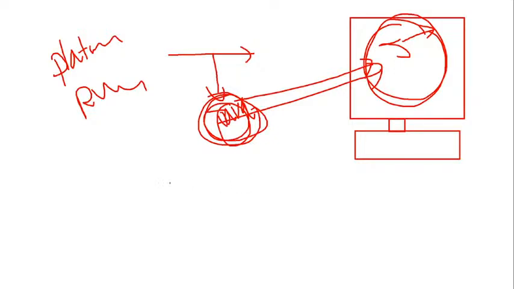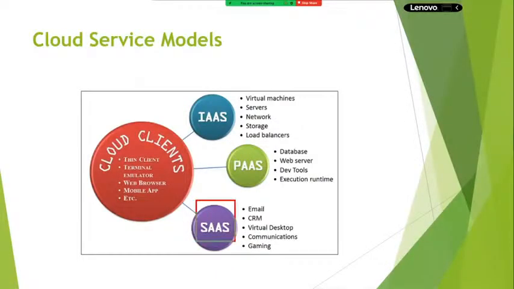Clear? Next thing is SaaS. In our day-to-day activities in the organization, we are already using Software as a Service. Could you please tell me the best example for Software as a Service? Anyone? Like Gmail. Very good. Microsoft O365 is there. Office 365 is a successful product in the market. No other products are there to beat Office 365.